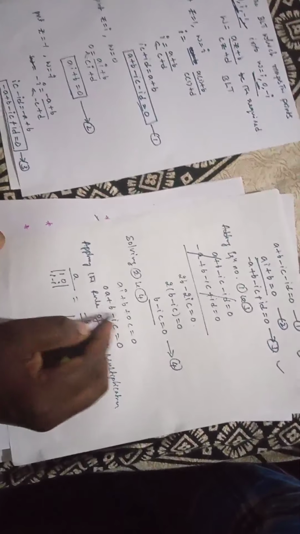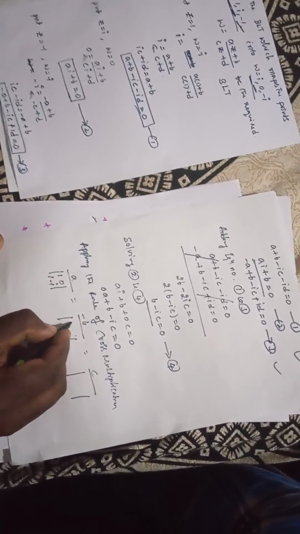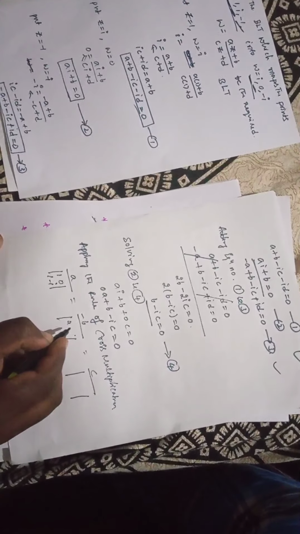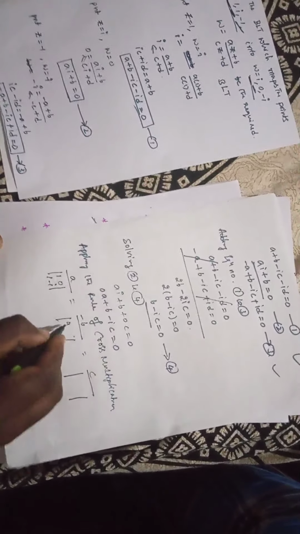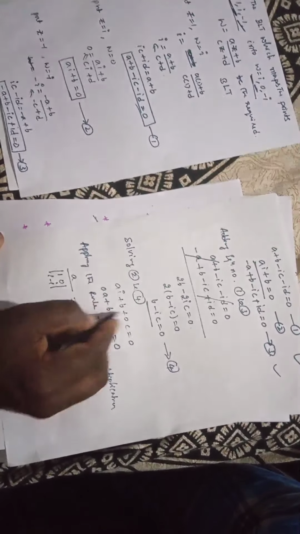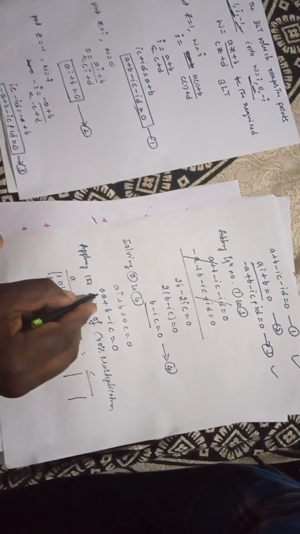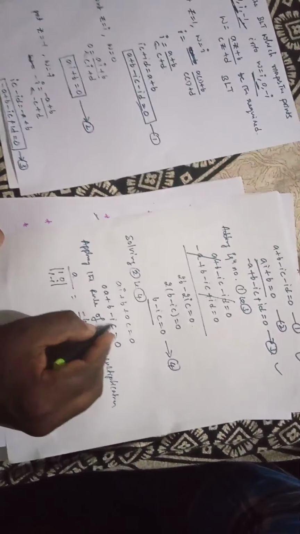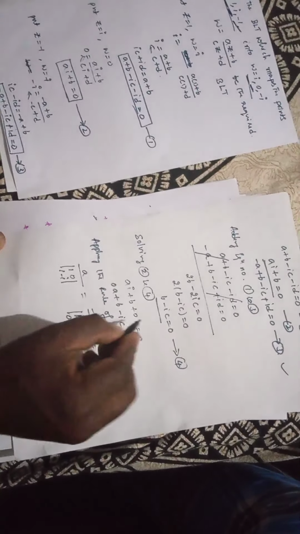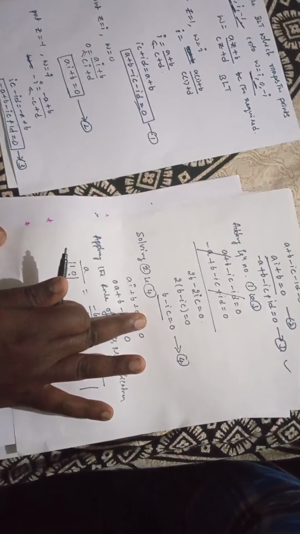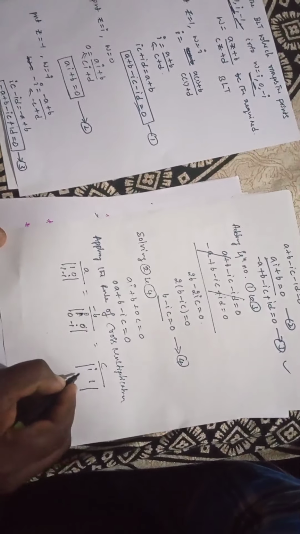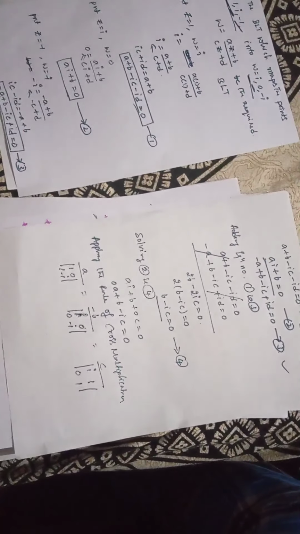Next hide the b. The coefficient of a is i. Hide the b: 0. Next a coefficient 0, c coefficient minus i. This is i 0, 0 minus i. Next hide c. The coefficients are i 1, 0 1.